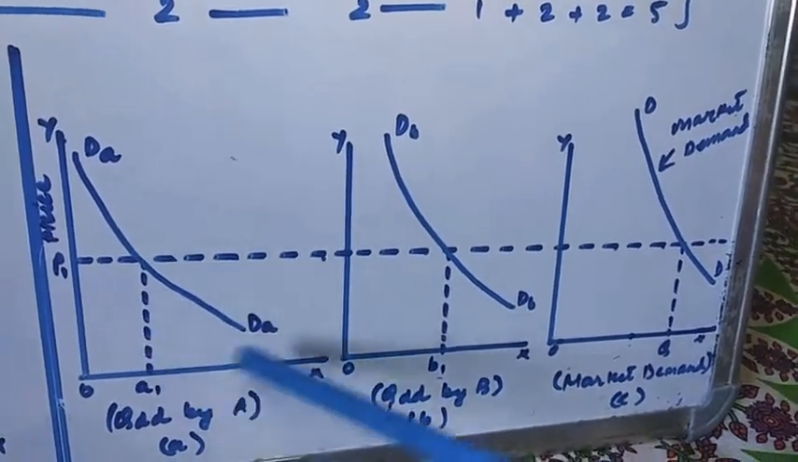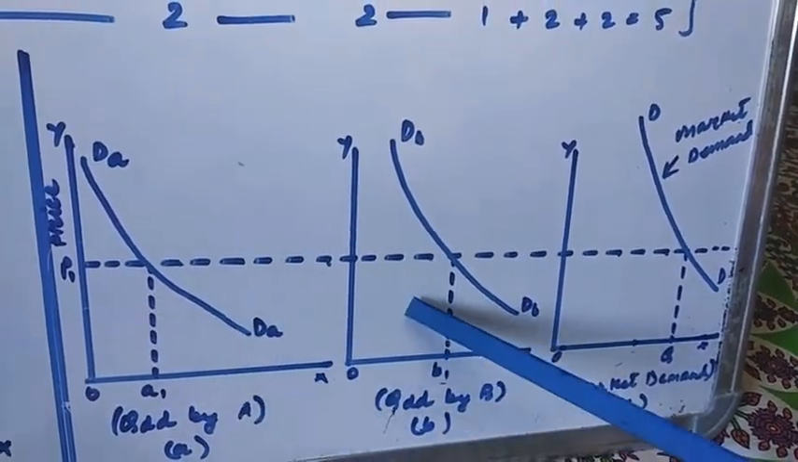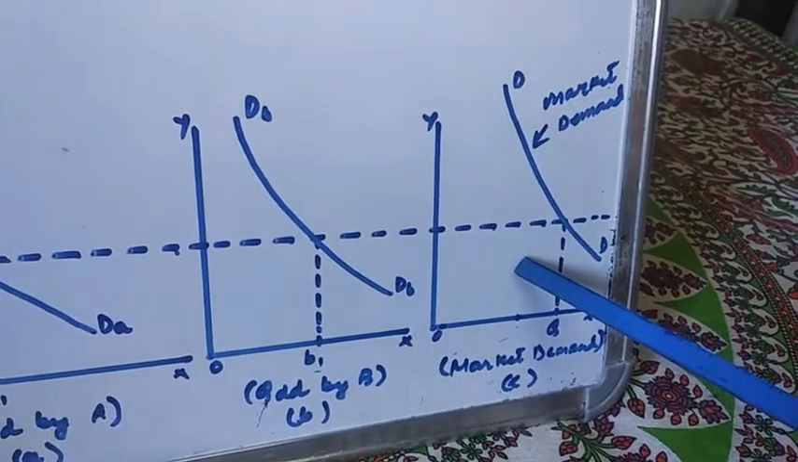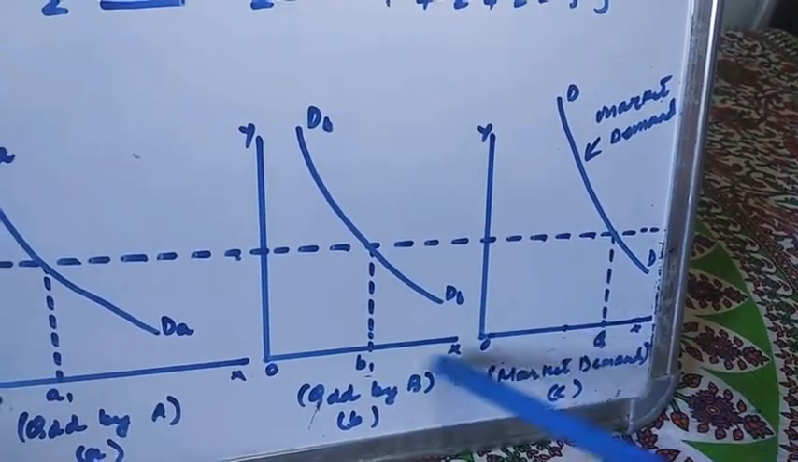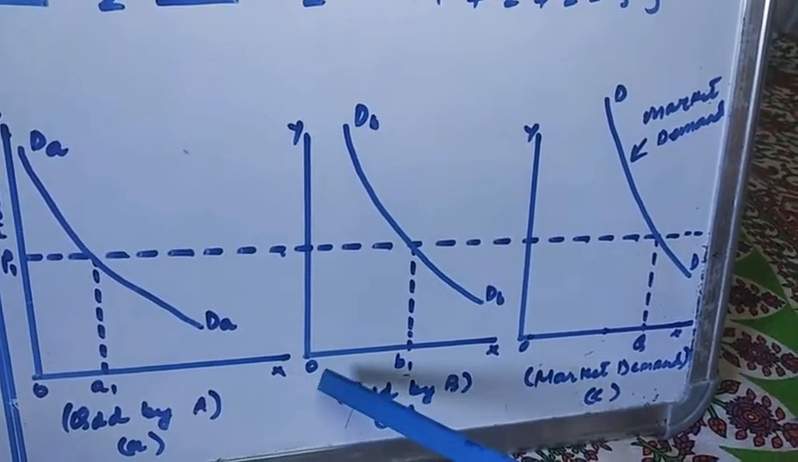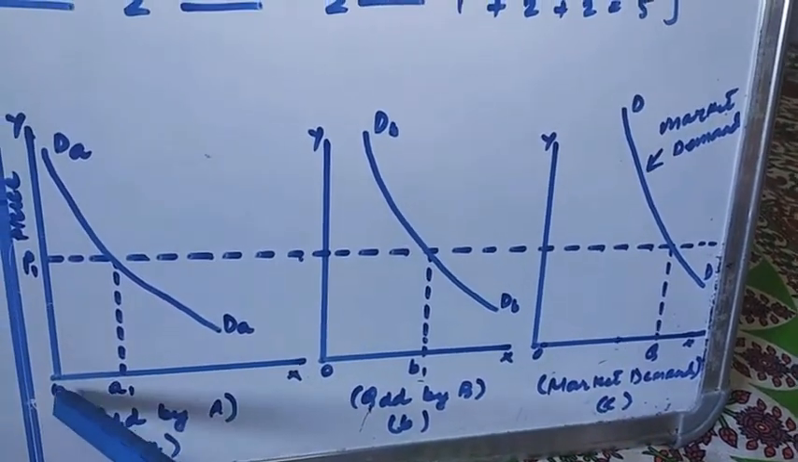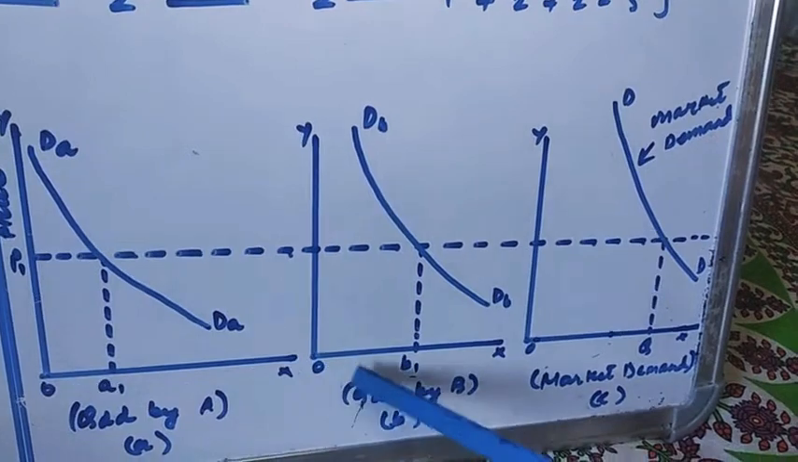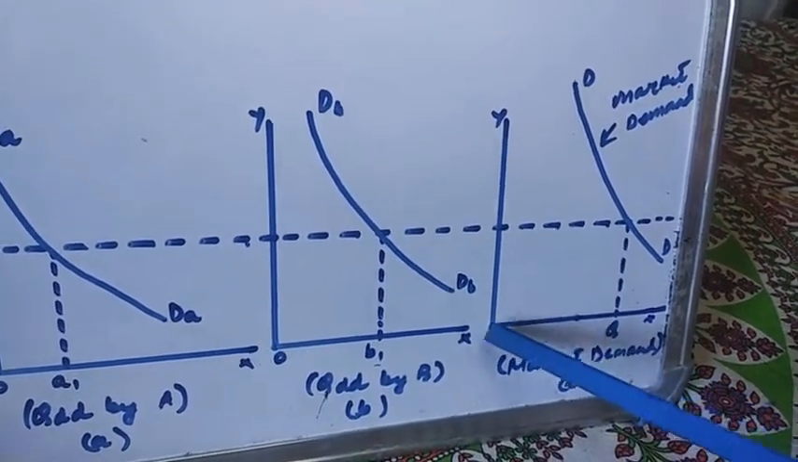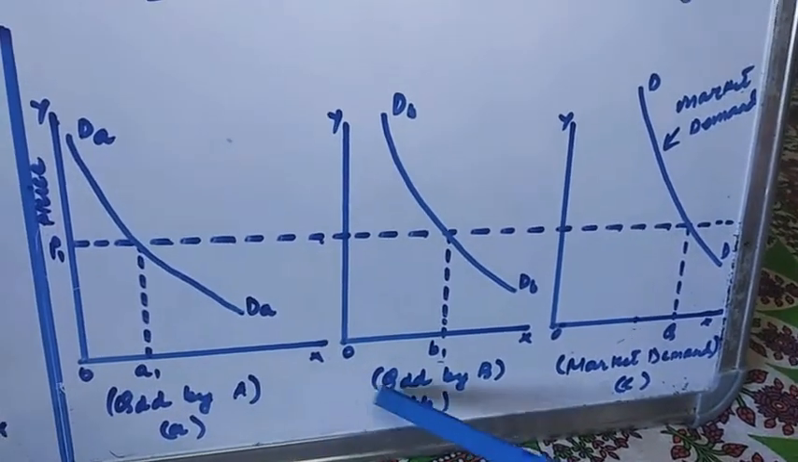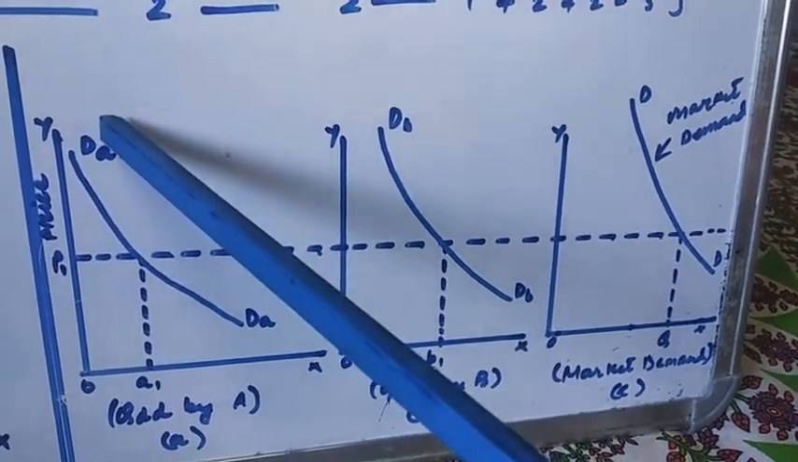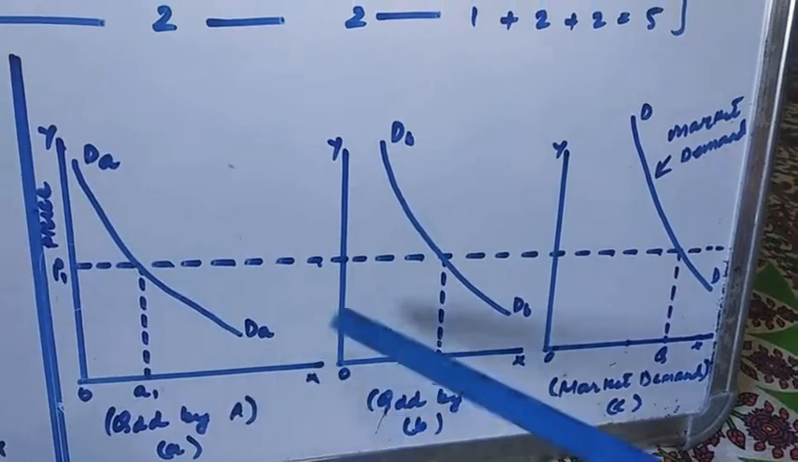How do we sum this up? It is shown in figure C, which is OQ equals OA1 plus OB1. So we are adding up OA1 plus OB1 to get OQ. This is the market demand for consumers A and B, and that is represented in the curve,